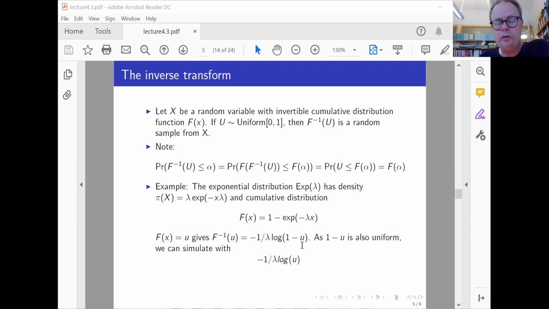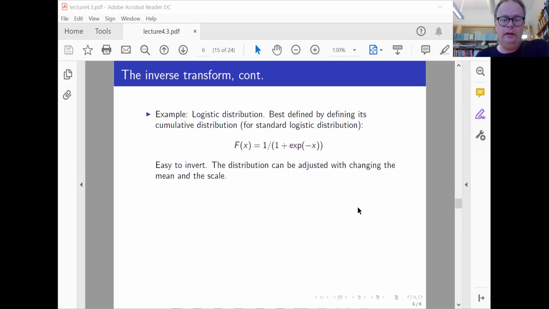Now, you can put in a uniformly distributed U here and take 1 minus it, but then you still get something that's uniformly distributed. So you can replace this with the U, and then this is the most efficient formula to apply to this uniformly distributed U to get something that is exponentially distributed. So this can be